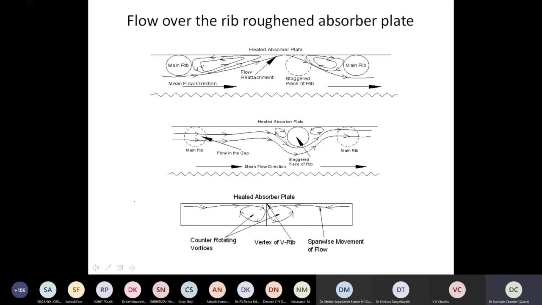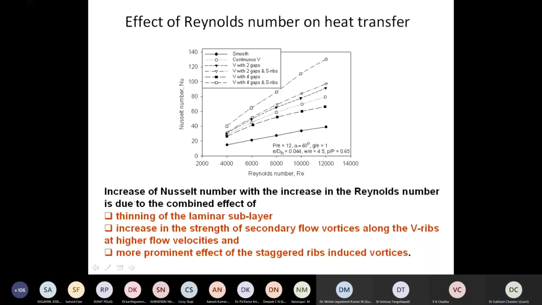I will hurriedly go through this because I have to finish by 1 o'clock. So this slide shows that as the Reynolds number increases,